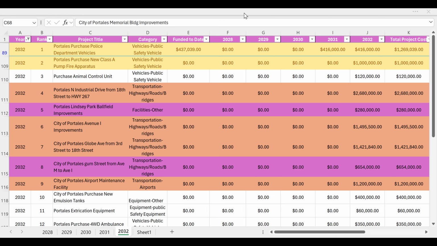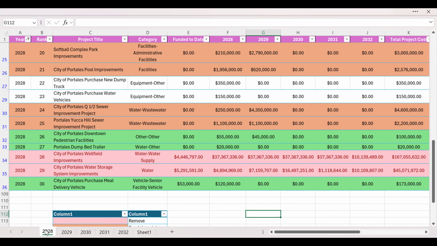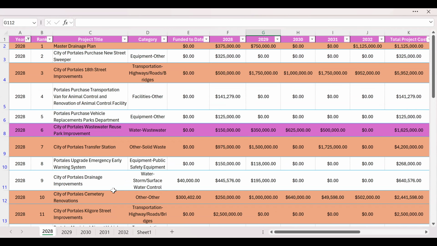Can I interject for a second? I'm sorry. I can't see that far, but the tab you're on right now is 2032. Oh, can we jump to 2028, please? Yeah, let's do that. And that now 2028 tab should be what's in my hand. Okay, is that the question? Yes. Okay. Yes, that should be the top that you have. Yes. Okay, so, and then Chris, if you scroll to the right to where you have notes.